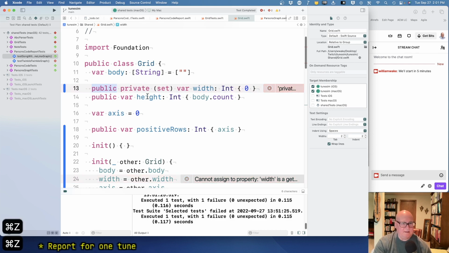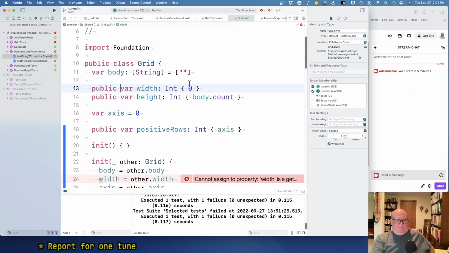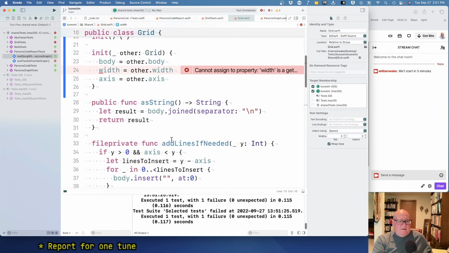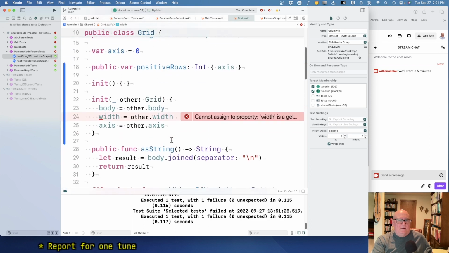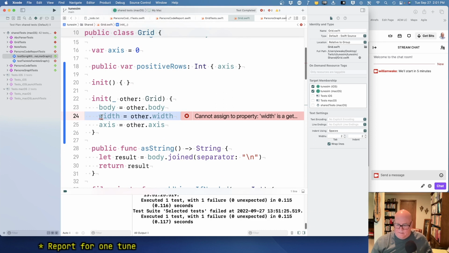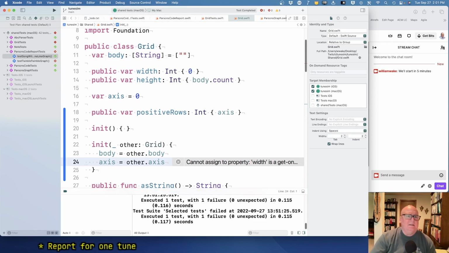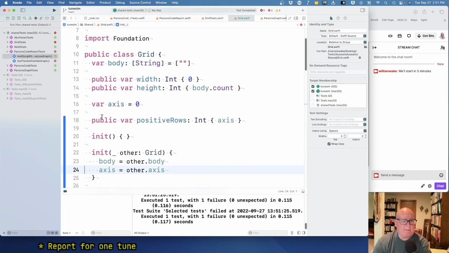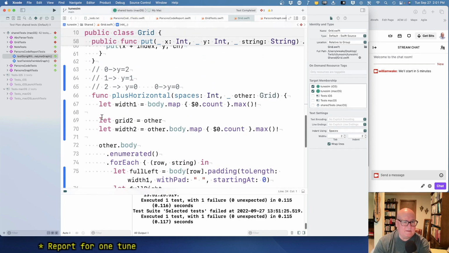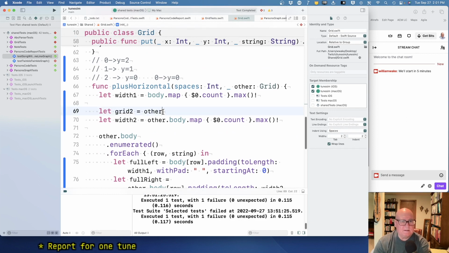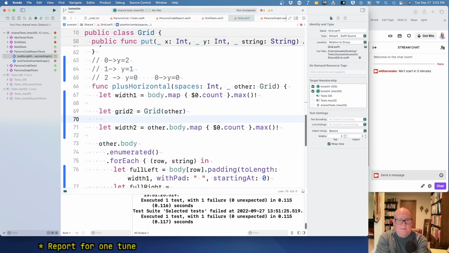Wait a minute. Width is always 0? That can't be right. Huh. Nobody's looking at that. Okay. At least I can make a new copy. So let's make a grid with other. Okay. And now